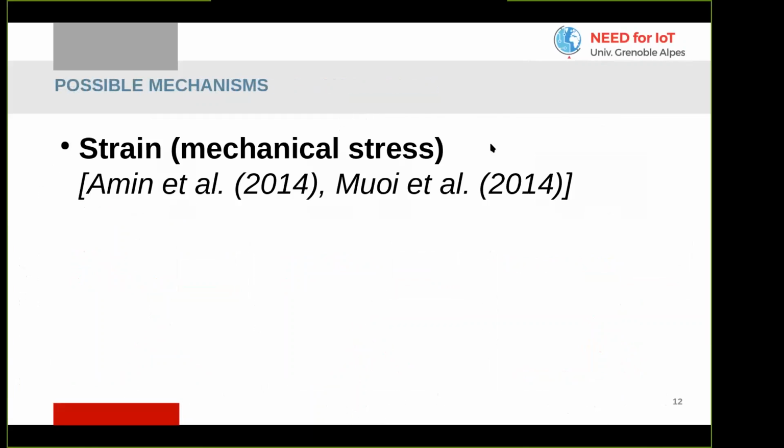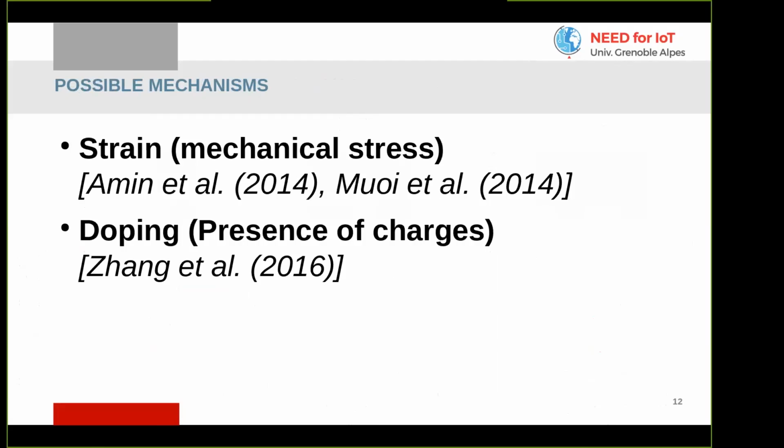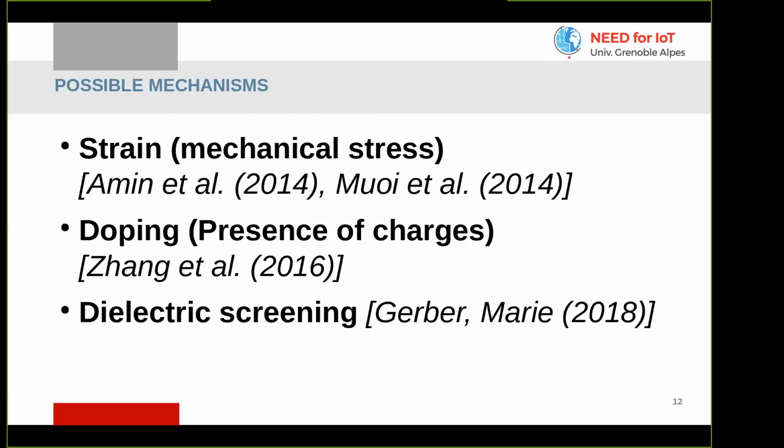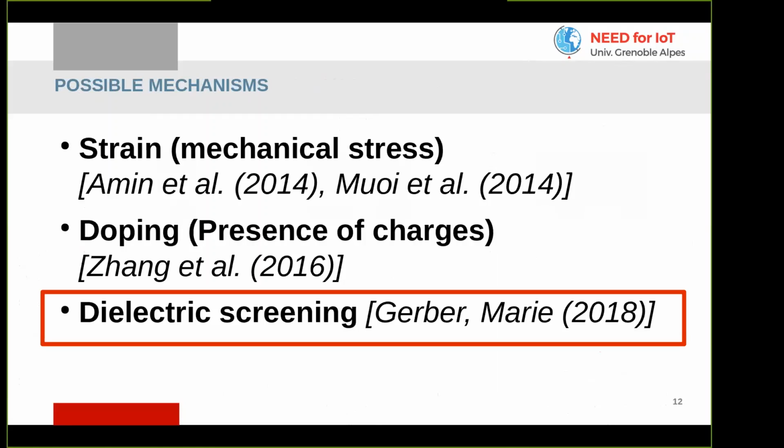So thinking, okay, maybe the substrate is straining or mechanically stressing our monolayer TMDC. So this could be an answer why we see this change in the band structure. Another would be, okay, maybe there are positive or negative charges being transferred by our substrate onto the monolayer, and this is what changes our band structure then. And the third one would be that our substrate is screening electrical charges inside our monolayer. At the moment, we are favoring this kind of